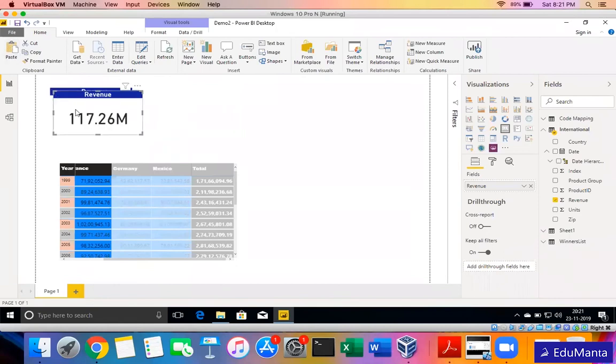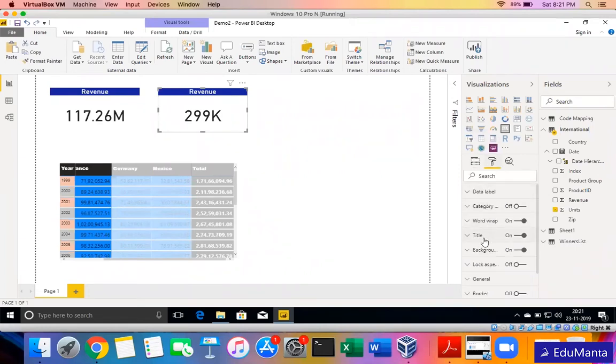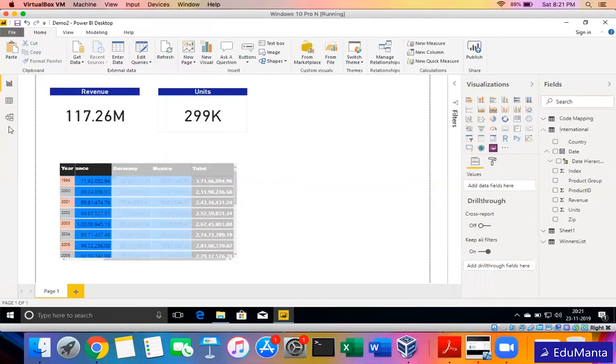It will create a copy and paste here. The formatting has been copied. And then I can just drag units here instead of revenue, and I can just change the title, since title is static here, so I can change it to units. So the pain of all that formatting has been saved.